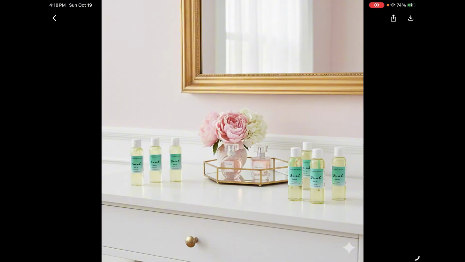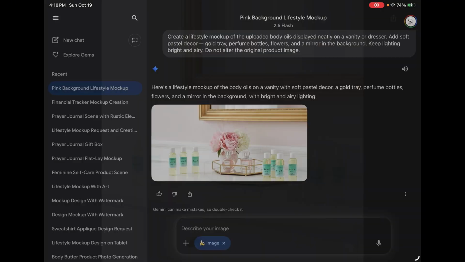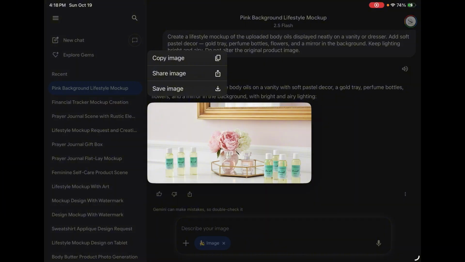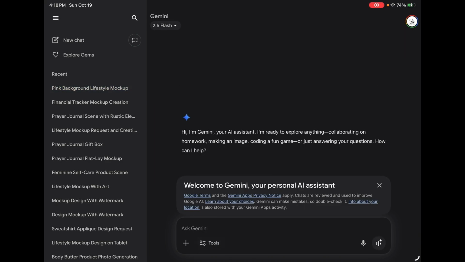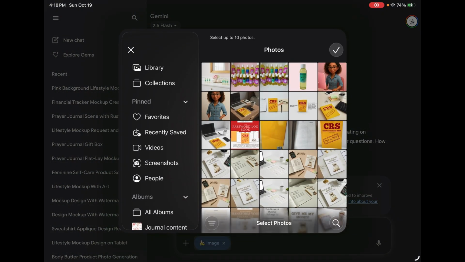So this one, it's all right. It depends on if you wanted to use more than one image. I'll probably use this for social media or something like that, but I don't want it for my website, so I'm still going to save it. If you get something like this and it just changes and it won't use a single image, what I do is open up a new chat and select create images. You don't really have to do that once you do it because it automatically knows. Instead of taking that one, because that was already an altered image and that might be why it did it,